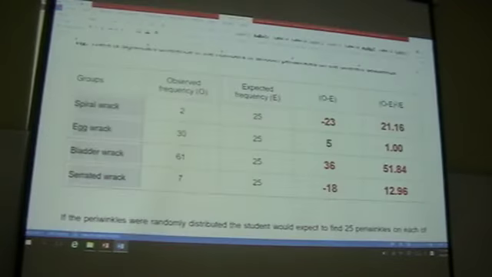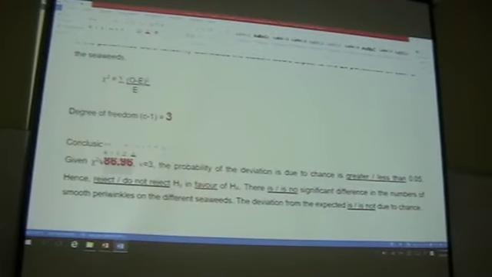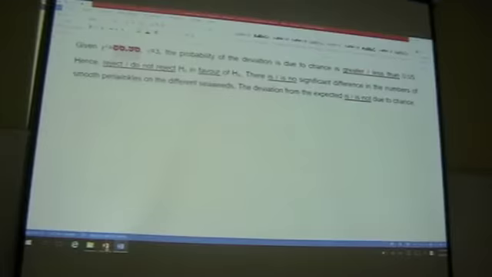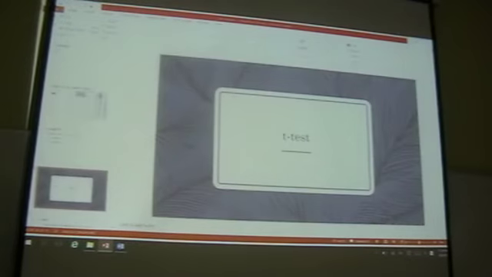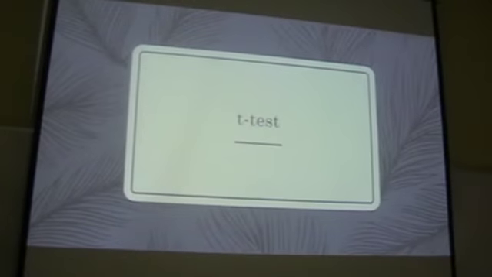So you realize that using the GC will save you a lot of time. You just have to key in data set 1, which is the data set for observed, and key in data set 2, which is the data set for expected. Then you don't need to do all this. The answer will magically bring you to 86.96. Then you just go to the p-value table. That's it. Now we move on to the next test, t-test.